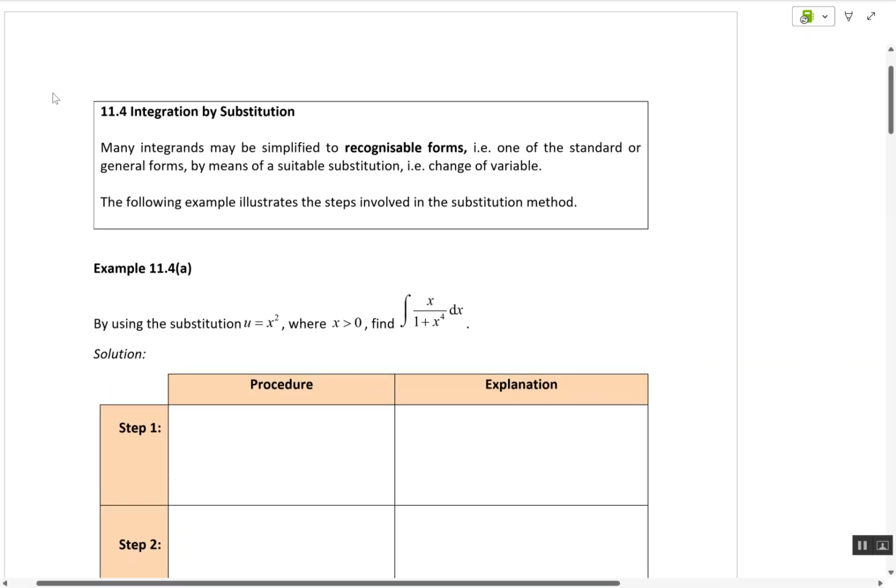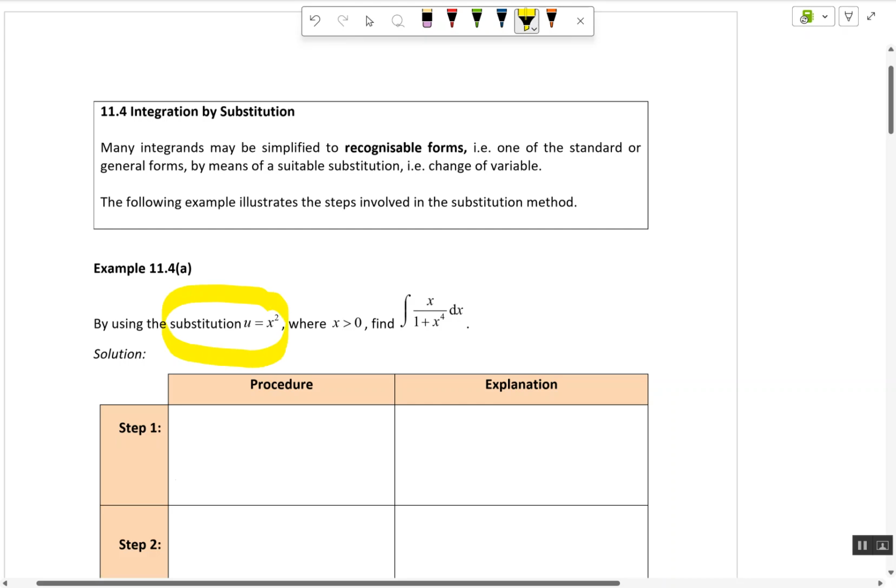So the first one is called integration by substitution, where I make a very complicated equation into a simpler form by substitution. Now the question will usually tell you to sub what? Okay, and here are the 4 steps that I'm going to recommend to you to be able to solve substitution kind of question. But before that, you must understand that if I want to integrate anything with respect to x, behind must be dx, right? If I want to change the variable from x to u,